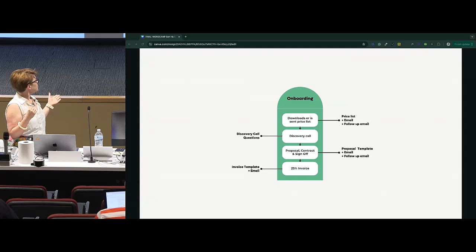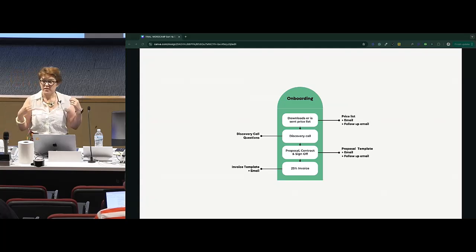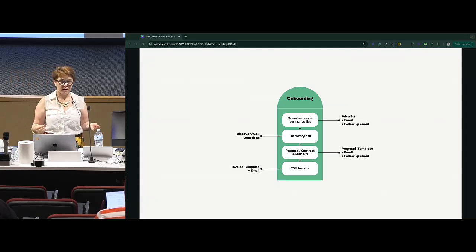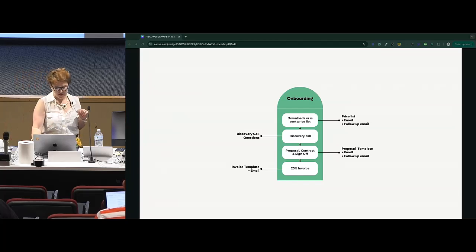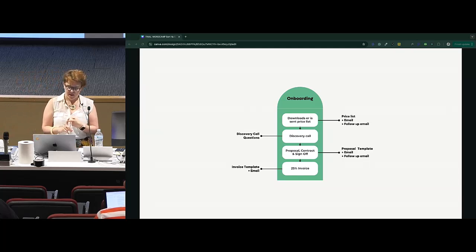So I'm going to go through now and talk about all the templates I actually use stage by stage in my business. As I said before, these are the ones that I use. They work for me, my business, my clients. Please adjust what I've got on screen, discount it if it doesn't apply to you, add in additional templates if they do apply to you. So the first stage of my projects is onboarding. So it starts with a client downloading a price list from my website, or they might get sent it if they have been referred to me and emailed me for it.